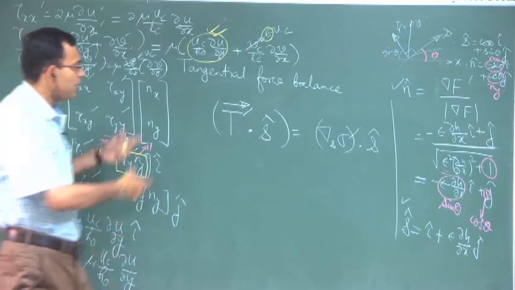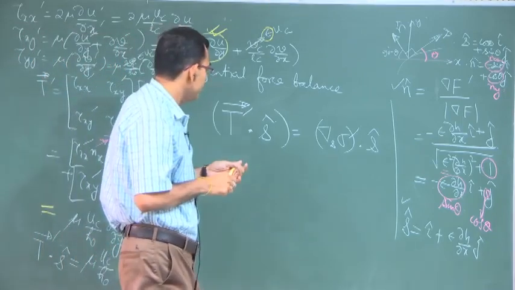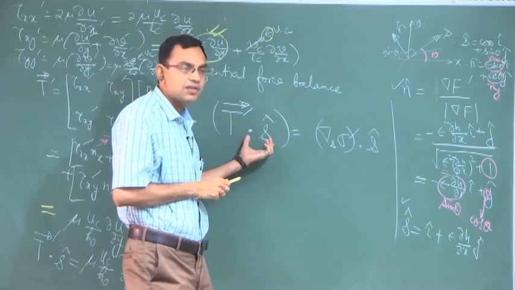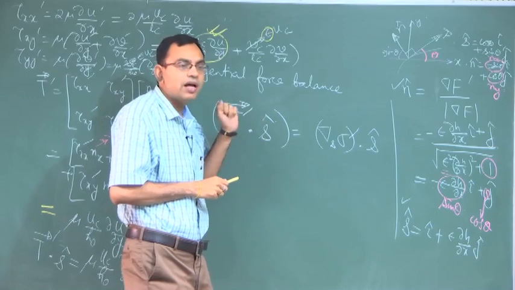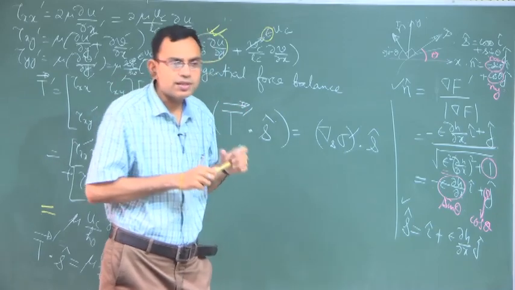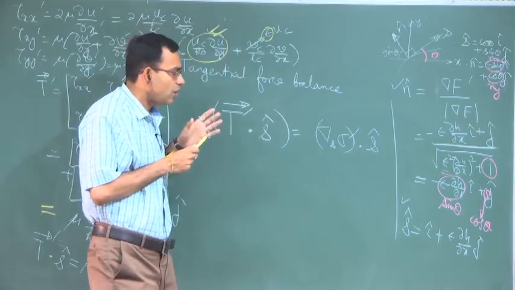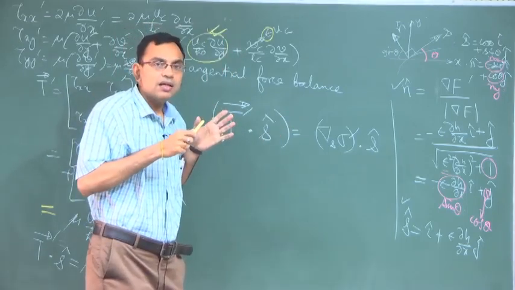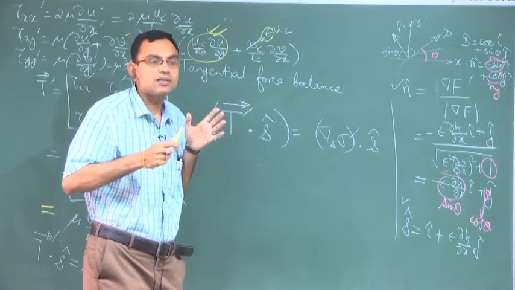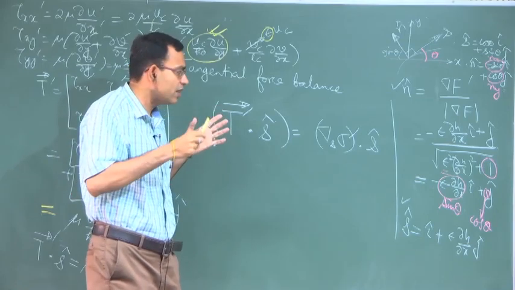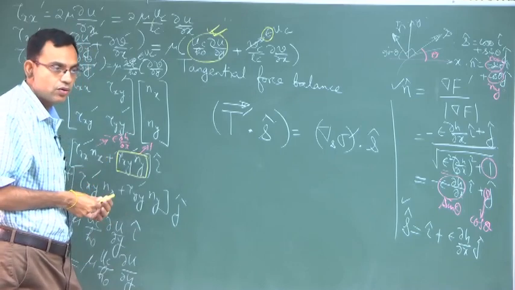We have done this rigorously, but if you just do it from an intuition, this is the tangential stress. So, this is like mu du dy. You can argue why it should be du dy, because the interface is now curved, it is not flat. Although the interface is curved, in the leading order its deviation from flatness is not that significant, and therefore, in the leading order it is effectively like mu du dy, okay.